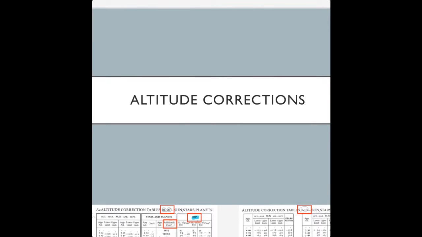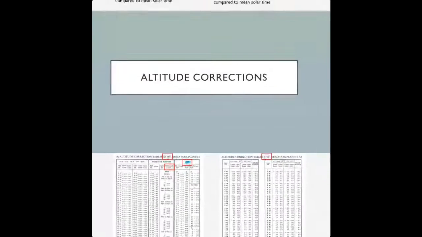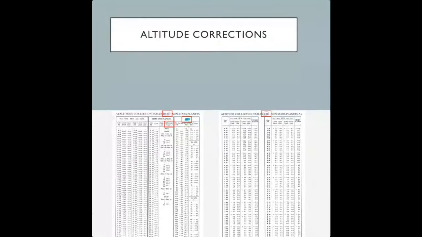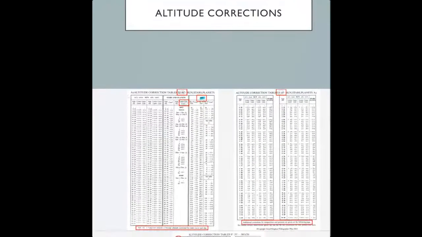So as I promised you, in this next short recording, I will explain once more how to apply the altitude corrections to the instrument height you obtained with your sextant when you're observing a celestial body. As you all know, in the front of your nautical almanac,